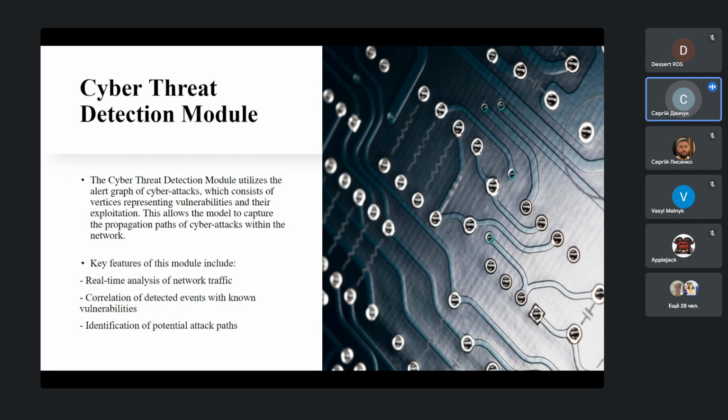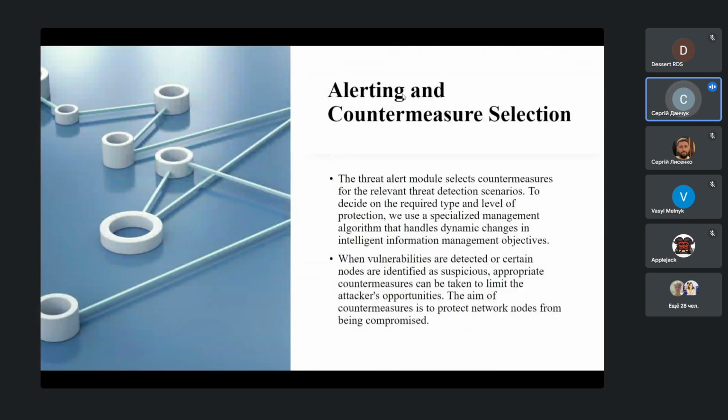Key features of this model include real-time analysis of network traffic, correlation of detection events with known vulnerabilities, identification of potential attack paths, alerting and